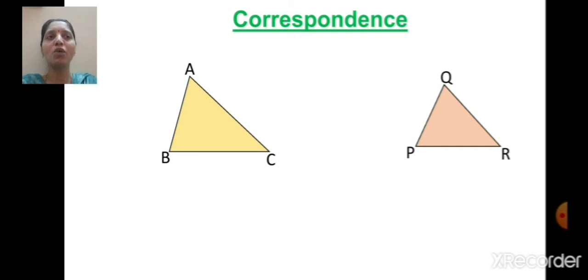The names of the vertices can be different. If I swap vertex P with vertex Q, then see the shape. Now I have to pair vertex A with vertex Q, vertex B with vertex P, and vertex C with vertex R. So accordingly your correspondence will change. You have to write vertices A, B, C correspond to vertices Q, P, R. Accordingly you show the similarity between the triangles, so in this case you will write triangle ABC is similar to triangle QPR.